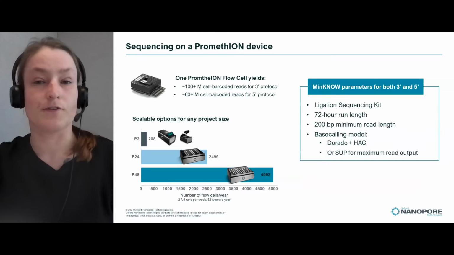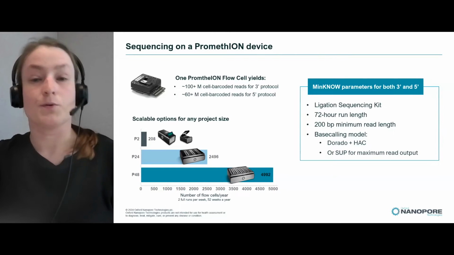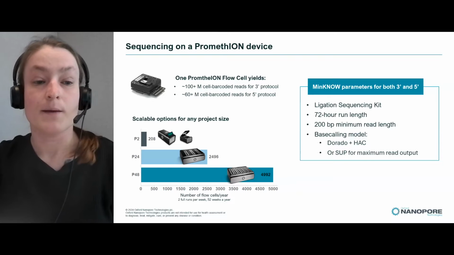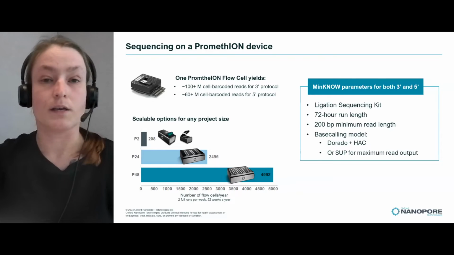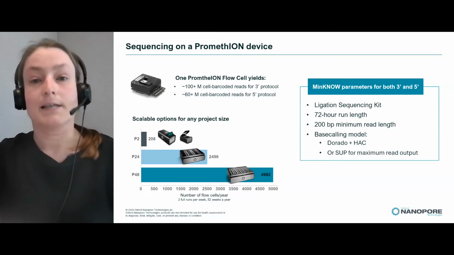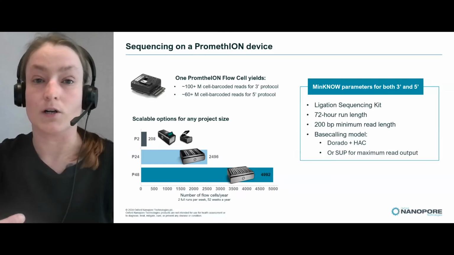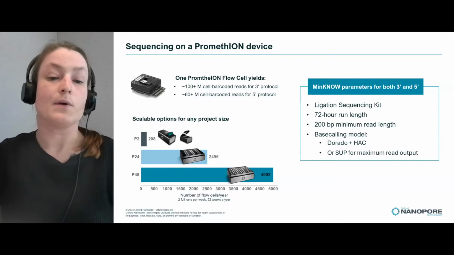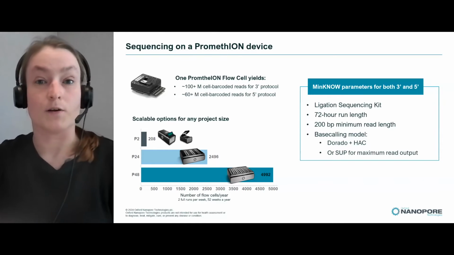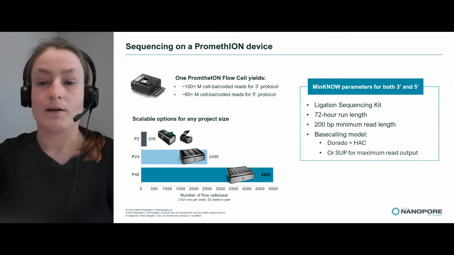And we do have different options for the project. So whether it's a small through to a very large project, we have the P2 and the P2 solo. So these are two PromethION cells at any one time. But then we can scale that right up to a P24 and a P48. So if you have a lot of samples and a lot of flow cells that you wish to run, then we can go all the way up to 48 flow cells at once. And the parameters for the 3' and 5'